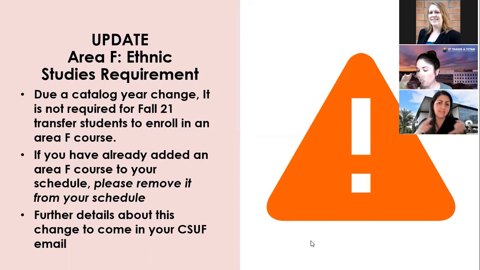This new change came in at the state level and was implemented, but they decided to hold off on imposing this requirement on this incoming transfer class, all of you. So this is a good thing, and it may look hard and scary.